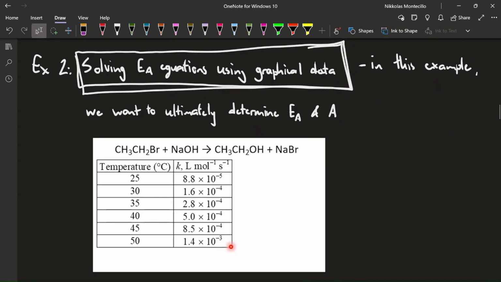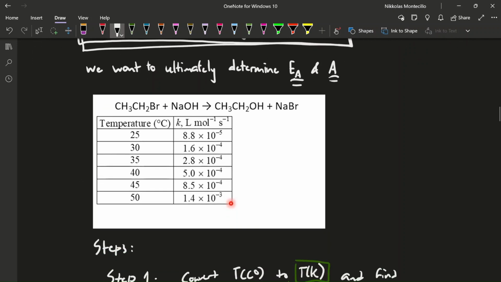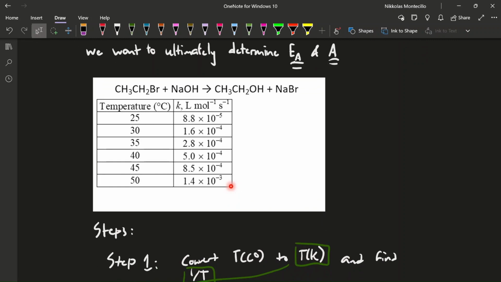Lastly, we may want to consider solving activation energy equations or questions using graphical data. So in this example, for this question, we want to determine the activation energy and the Arrhenius factor constant. So what we're given is the temperature in Celsius and the rate constants. So for the first step,